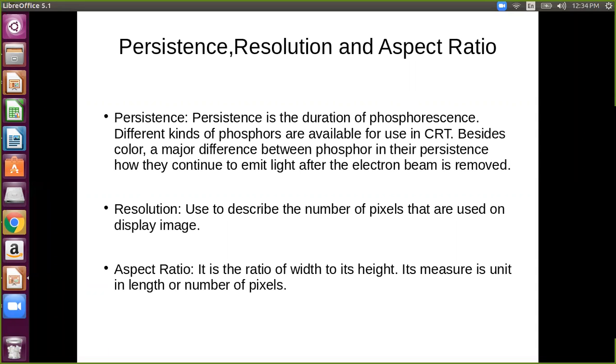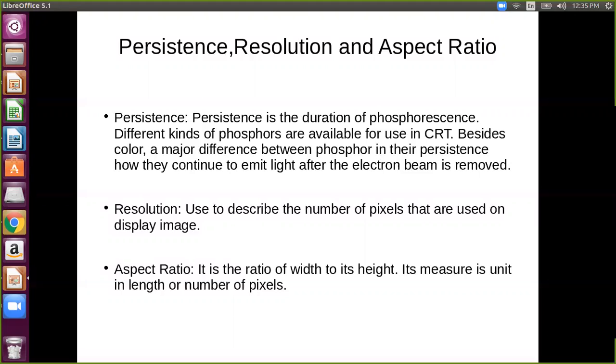We can also define resolution as the number of rows and number of columns. You can easily see x into y. Right click on the computer, see the properties, and you will see the resolution. That means how many rows and how many columns there are. Your screen is divided into a number of rows and columns, but actually they are representing pixels. Each row and each column presents pixels, so resolution is the number of pixels.